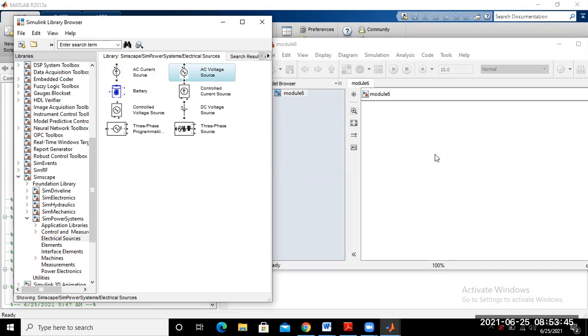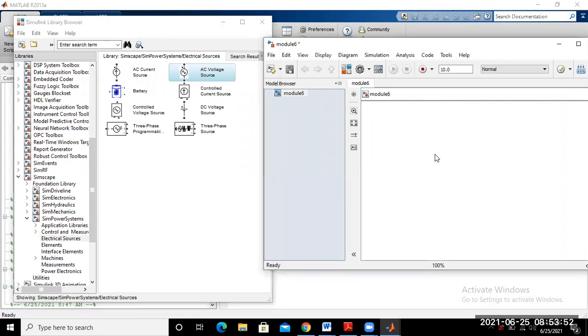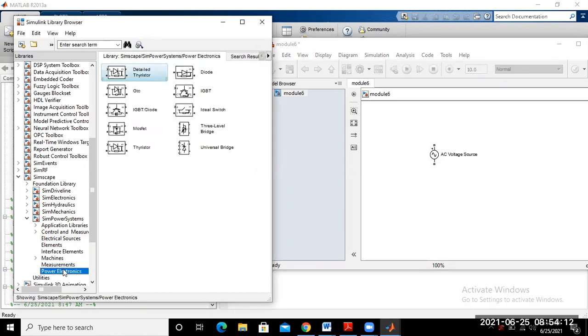Just wait a few minutes. So the AC voltage source is now available here. Next, what is our requirement? Diodes. So go to SimPowerSystems again, and we will find power electronics switches.